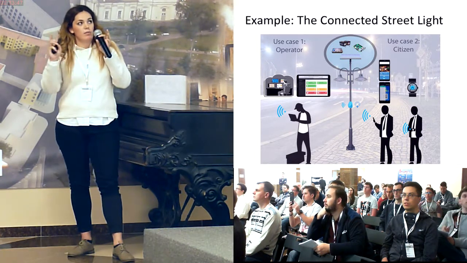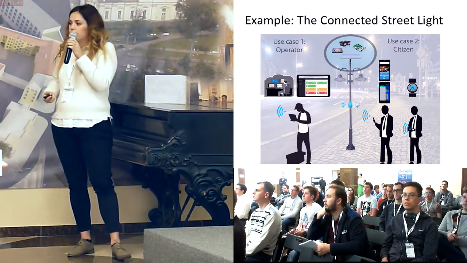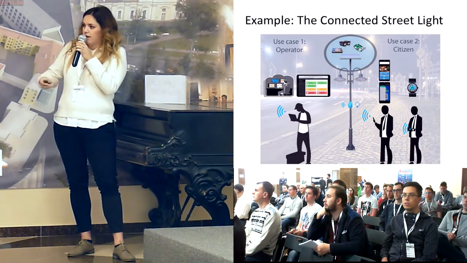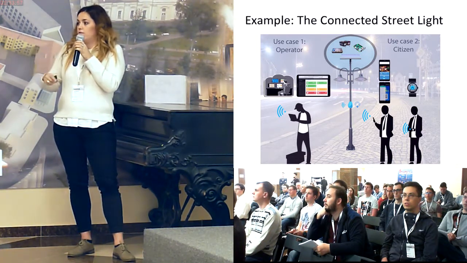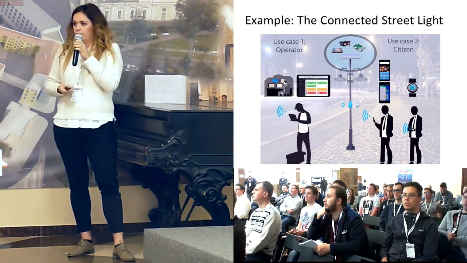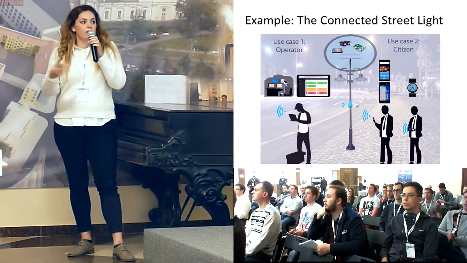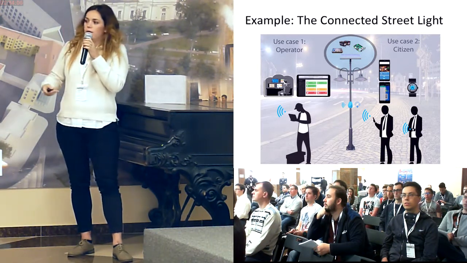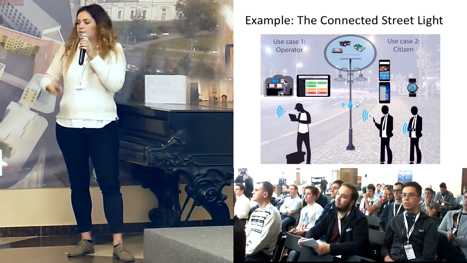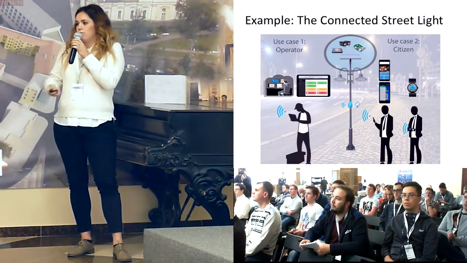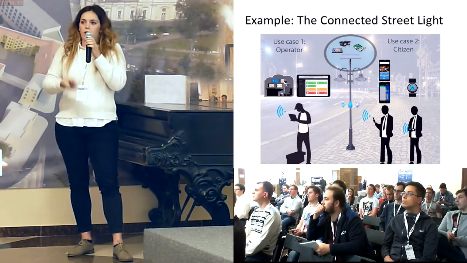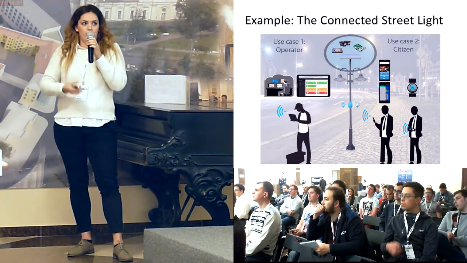And then you can imagine two use cases. One is for the operator, the person who will maintain the lamp. He could have access to all the data, see everything on the dashboard, and also send commands. So he could control the lamp from an external web app, for example. Another use case would be any citizen who passes by the lamp and could receive notifications about whatever you want. You can build a retail scenario, for example, or other scenarios not necessarily related to IoT, but you can use the lamp as a place to receive data.